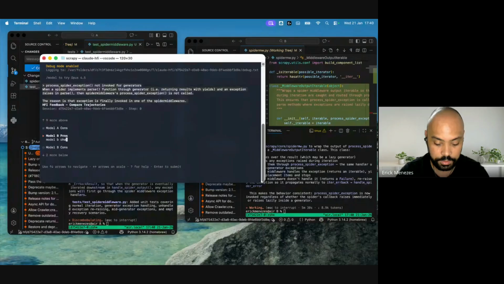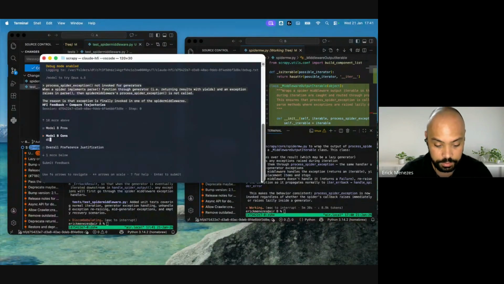Model B changed fewer files and made a more robust approach to the solution. I'll just fix grammar.